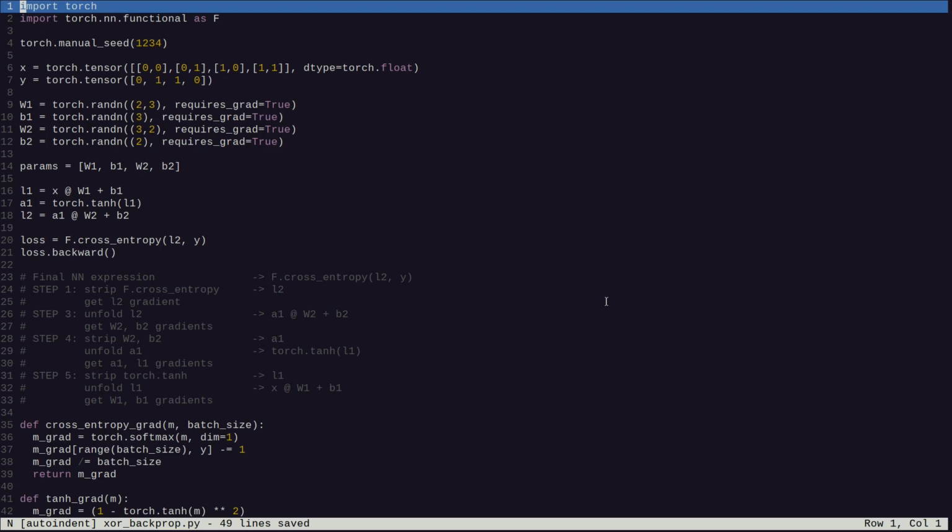Obviously in PyTorch we have this loss.backward, which propagates the gradients through the entire architecture, from the loss back to the initial weights, the weights and biases for the first layer, and the weights and biases for the second layer as well. And you don't particularly need to do this manually, but when the neural net architecture gets more complicated,